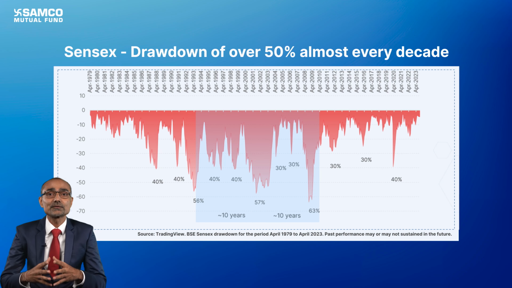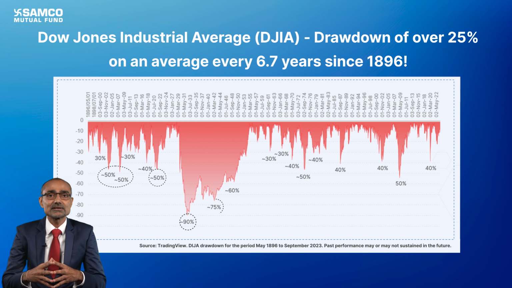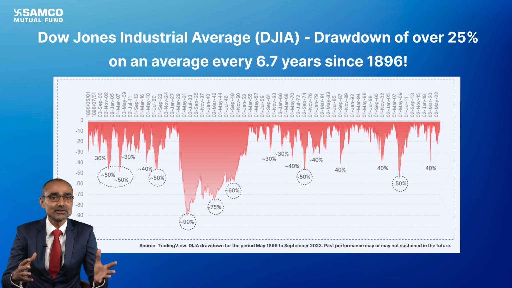But equities have ups and downs. Proof: on an average, every decade, Sensex has fallen by over 50% in the last 40 years. Even the Dow Jones Industrial Average has fallen by, on an average, 50% in the last 125 years. Which is why when equities form part of savings through mutual fund instruments, investors face those inevitable drawdowns, especially during